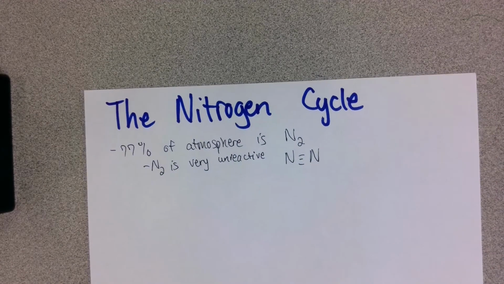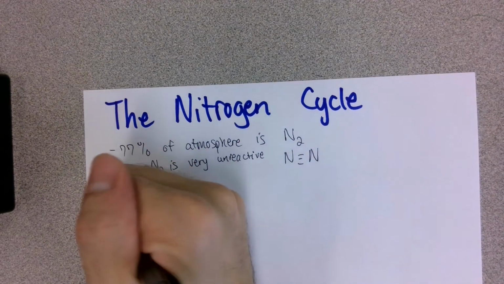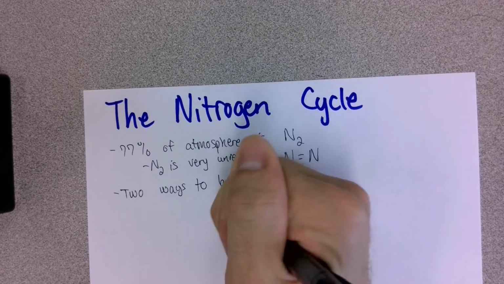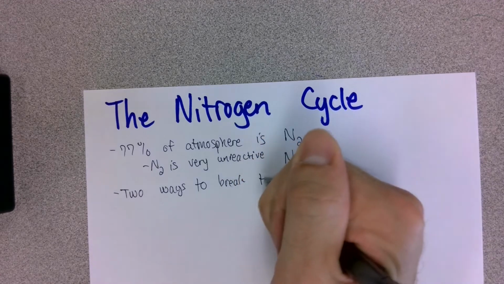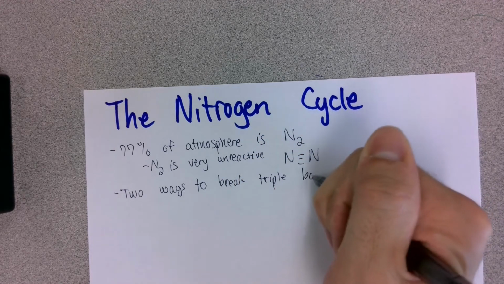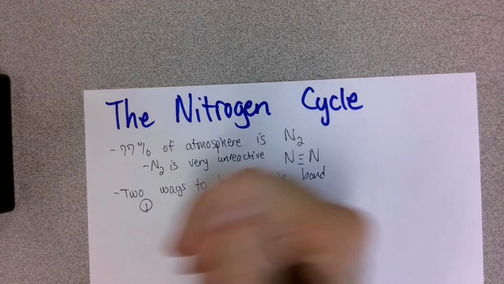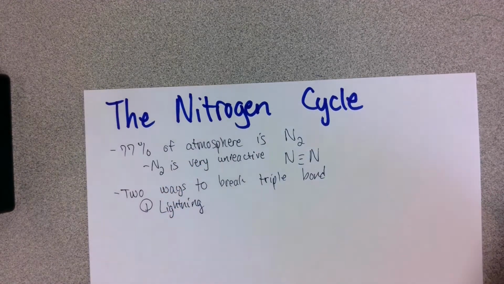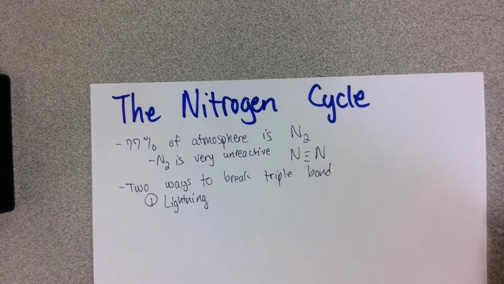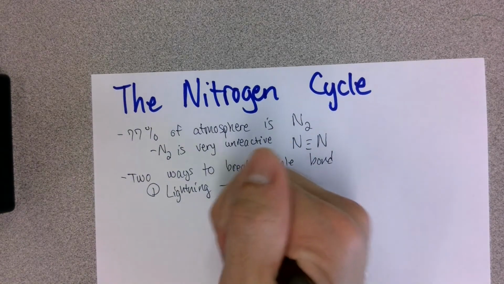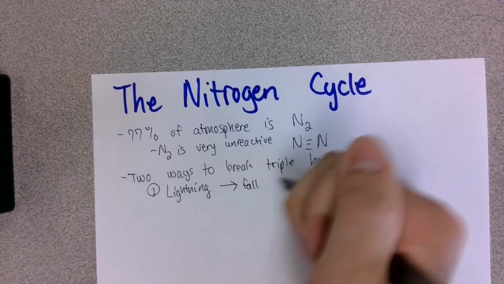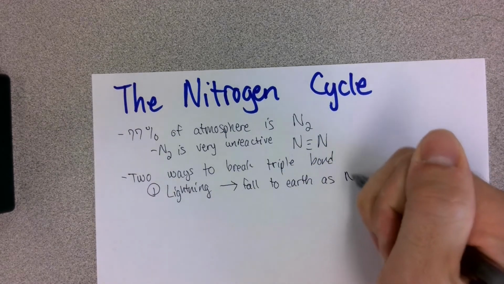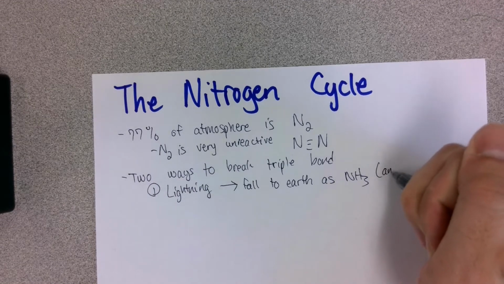There are two ways that we can break this triple bond. One of them is going to be lightning. Lightning is going to strike the N2 molecule and break it apart, and then it's going to fall to Earth as NH3, which is ammonia,